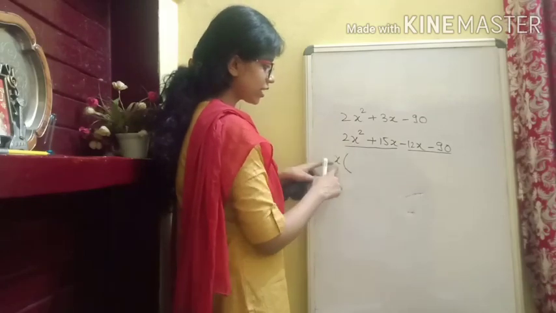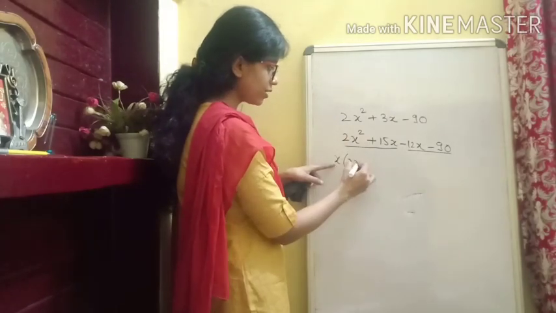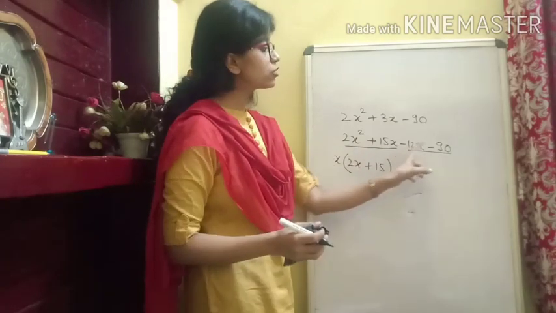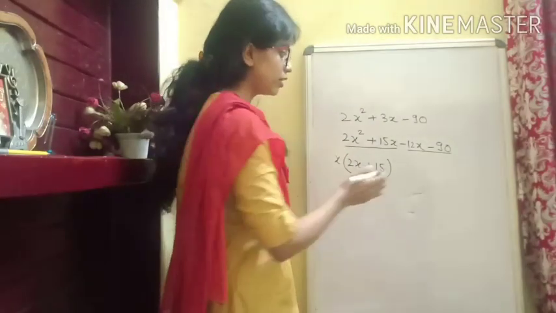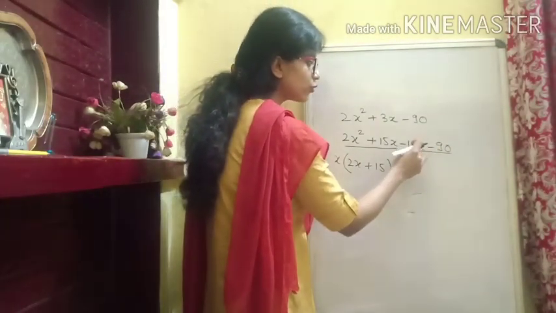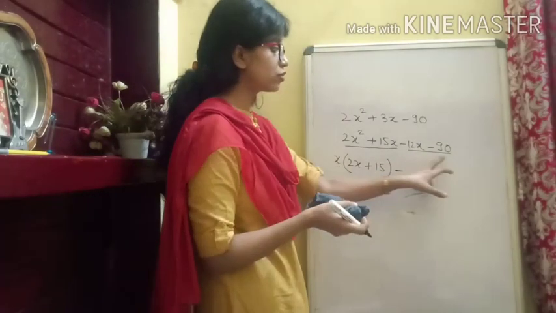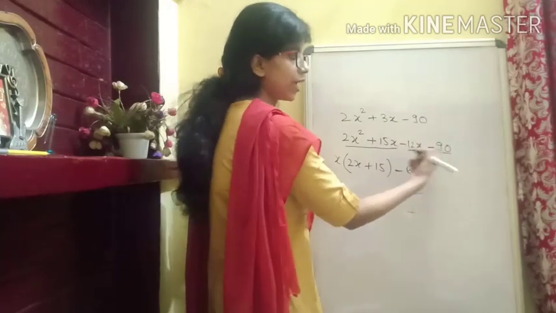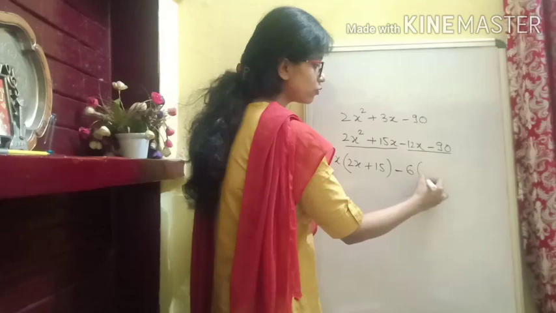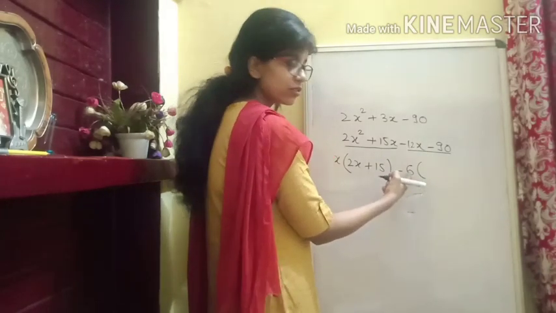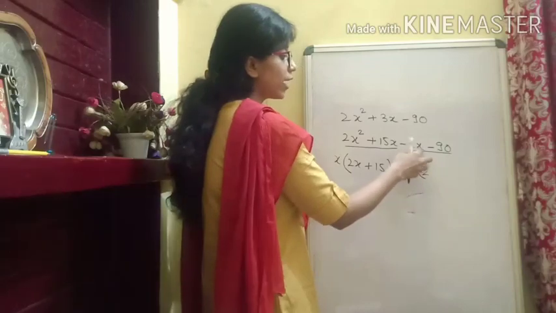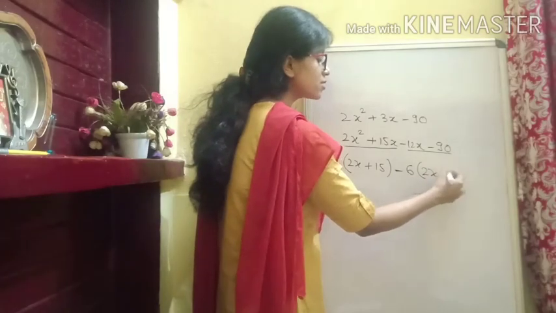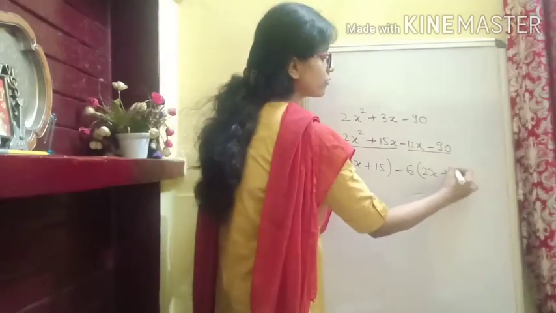So in the first term, if we have taken x common, here we have 2x and plus 15, so we will get 15. Clear? From these 2 terms, which sign to take common? Minus. And which number? Here if you see 12 and here we have 90. So which number to take common? You can take 6 as common. If you see, x is not there in both the terms, so you will take 6 only. Now from 12, if 6 is common, we will take 2. We will have 2x in the first term, and as you have taken minus common, this sign will alter, it will become plus. From 90 you have taken 6 common, so it will give you 15.